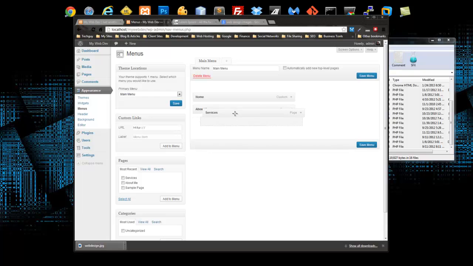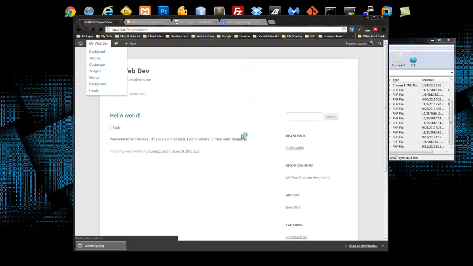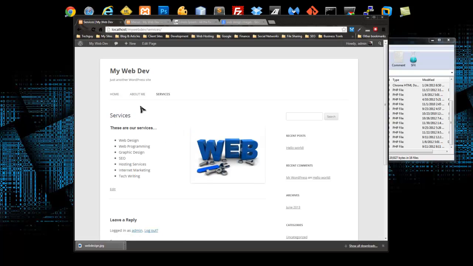Alright, and you can actually add pages under subpages as well. So let's save the menu and go back and reload. Now we have services, and now we have our list of services, and we have our image, which we floated